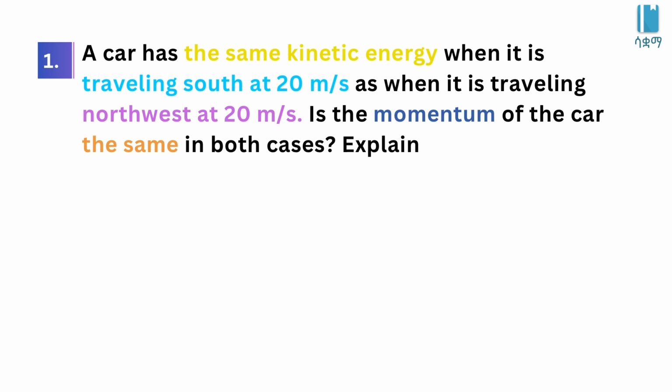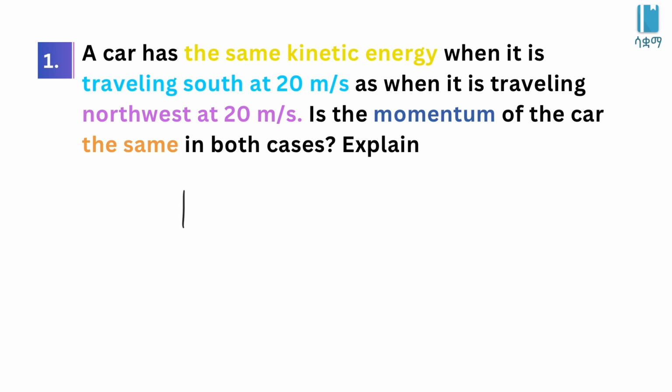So the first thing የምናገኘው, it says: a car has the same kinetic energy when it is traveling south at 20 meters per second as when it is traveling northwest at 20 meters per second. So አንድ መኪና ወደ ሳውዝ በ20 ሜትር ፐር ሰከንድ ሲጓዝ እና እንዲሁም ደግሞ ወደ ኖርዝ ዌስት በ20 ሜትር ፐር ሰከንድ በሚጓዝበት ያው ተመሳሳይ የሆነ ኬኔቲክ ኤነርጂ አለ እናውቃለን። So is the momentum of the car the same in both cases ነው ጥያቄው። So ይሄን ነው ኤክስፕሌን የምናደርገው።